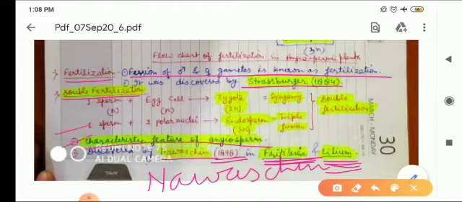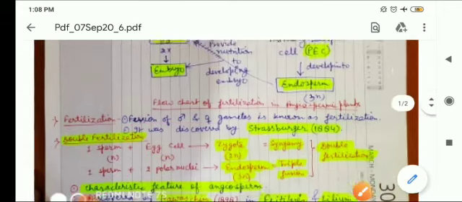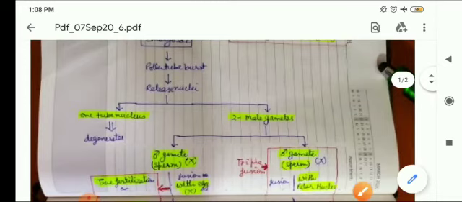This is the characteristic feature of angiospermic plants: double fertilization and triple fusion. Here, one sperm fuses with the egg cell to form the diploid zygote. This is known as syngamy. Another sperm fuses with the two polar nuclei to form the triploid endosperm. This is called triple fusion. And this becomes the double fertilization. Is that clear? Thus we have completed double fertilization in angiospermic plants.